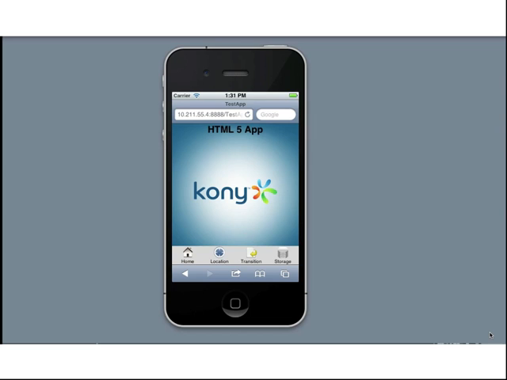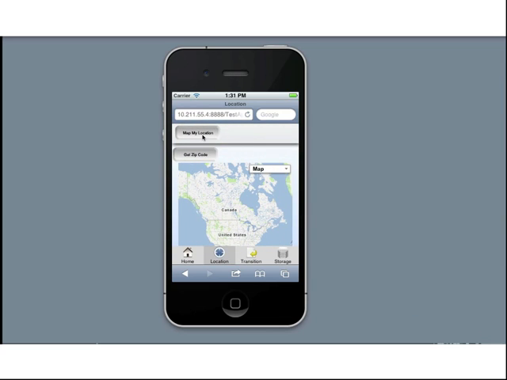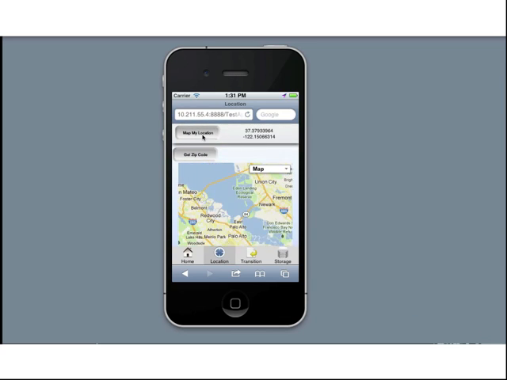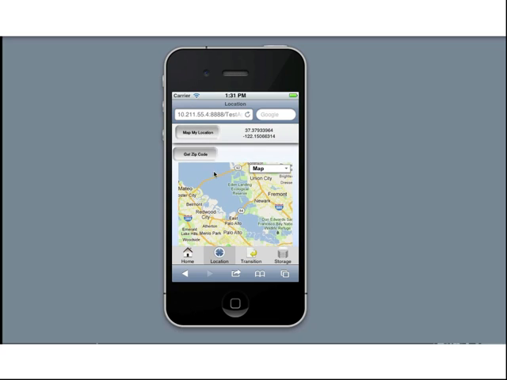So what I'm showing on my screen now is a basic HTML5 app that was built in a previous webinar that's available on our website for replay. This demonstrates several key capabilities of HTML5 apps, such as accessing the user's location from the device. So we click Map My Location, we can retrieve the lat and long from the user's device, we can plot them on a map. We can then call a service to take the lat and long and turn it into